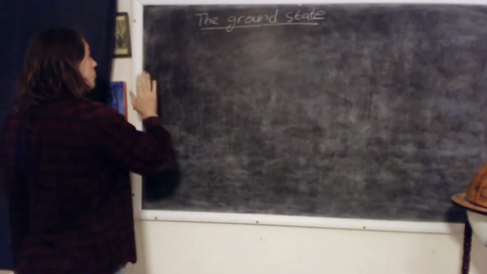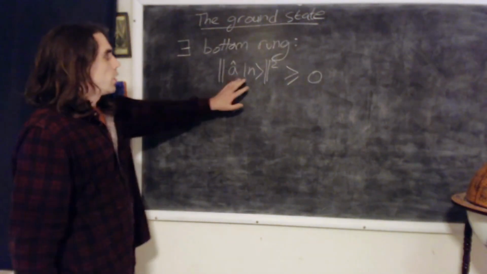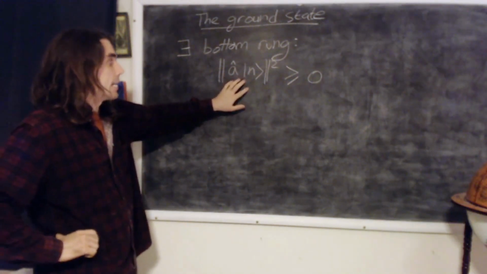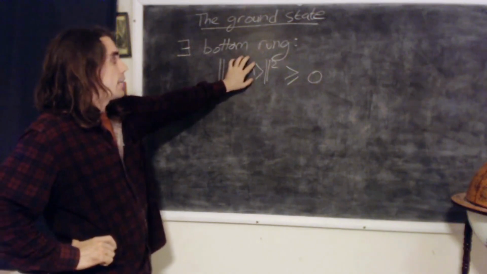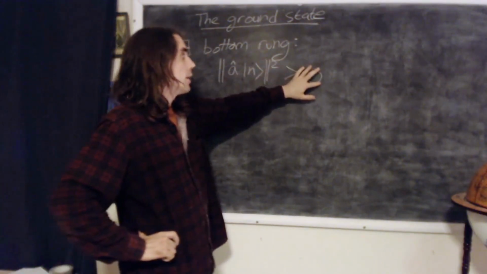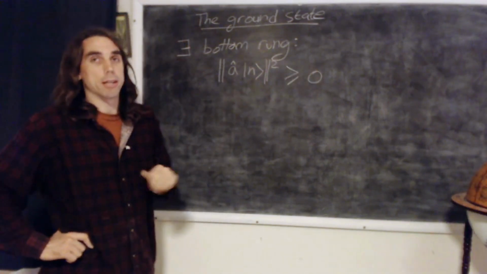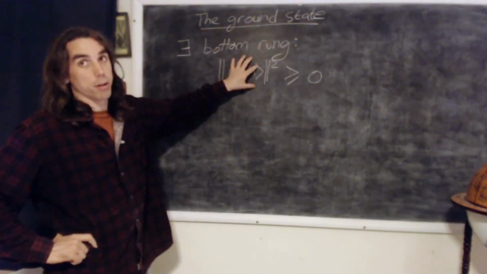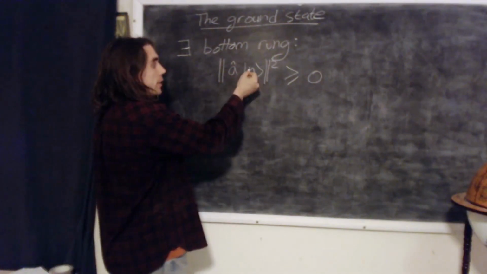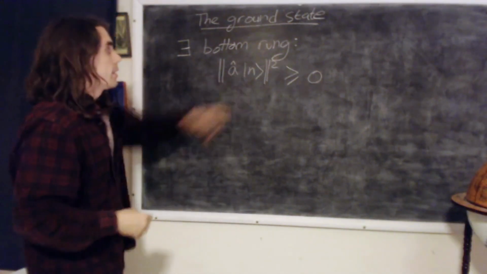So first, the proof. We know that for any vector whatsoever, and by extension any state, the norm squared of that must be greater than or equal to 0, and it's equal to 0 if and only if the state itself is just the number 0. So that's true for the state A acting on n, but we can rewrite this as follows,